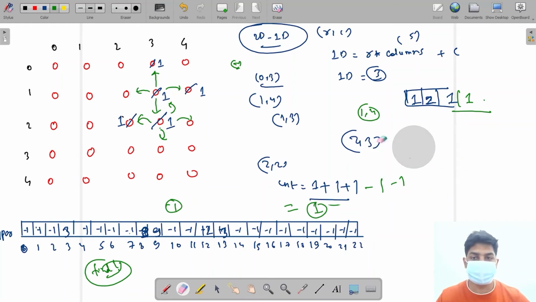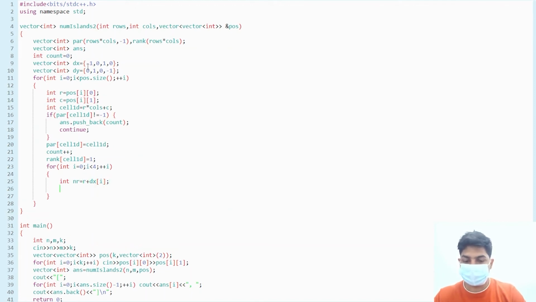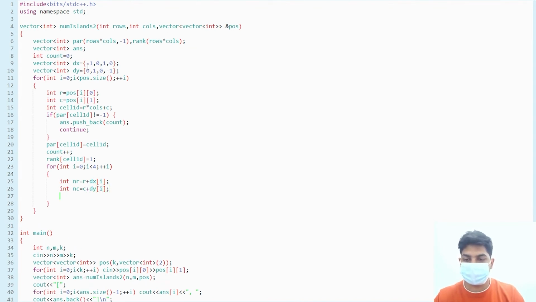So this is what we are going to do. Direction in X will be -1 0 1 0. Direction in Y will be 0 1 0 -1. This is direction in Y. So now let's make integer new row, which will be row plus direction array in X, and integer new column, which will be column plus direction array in Y. Now new cell 1D, let's convert it into 1D, will be new row into columns